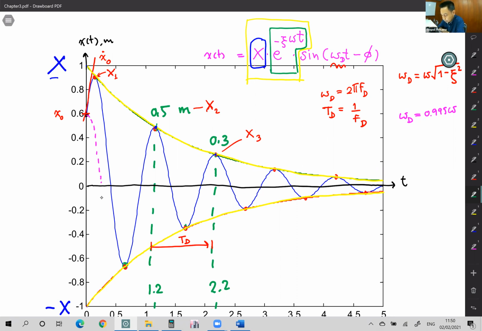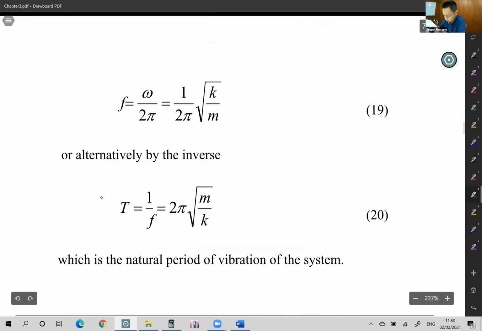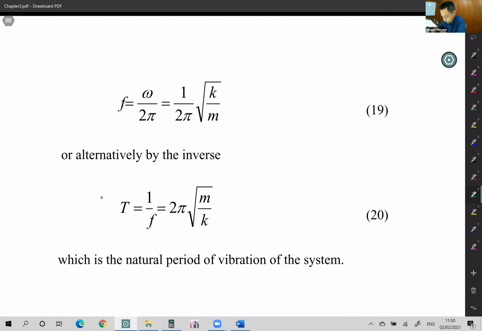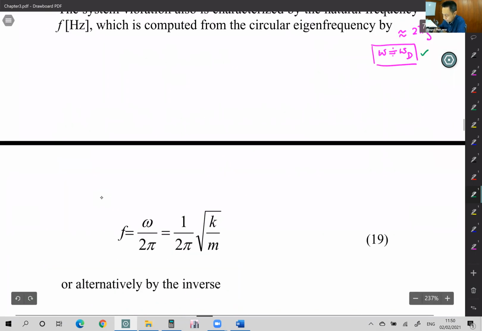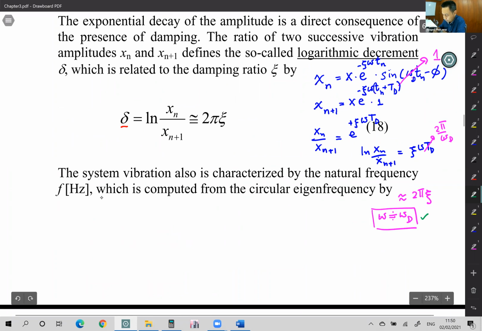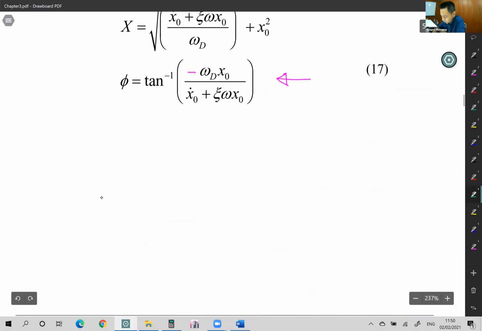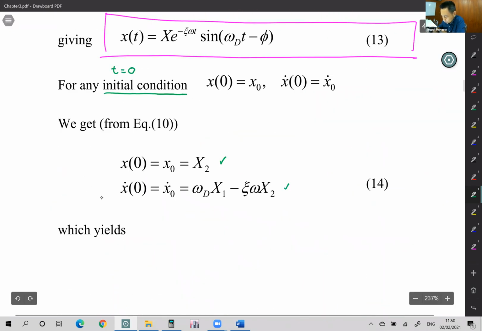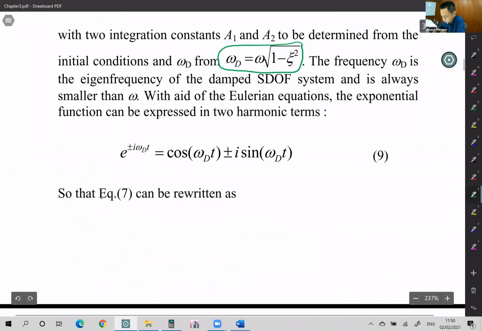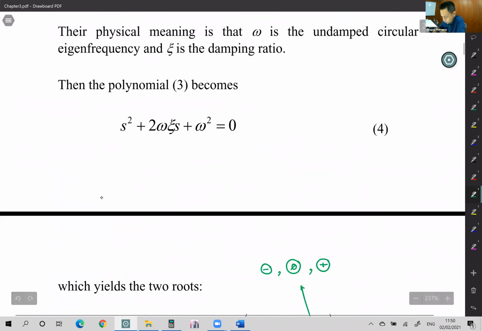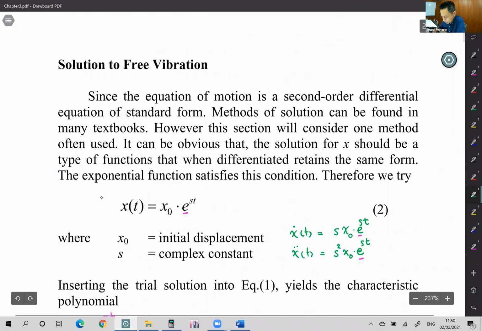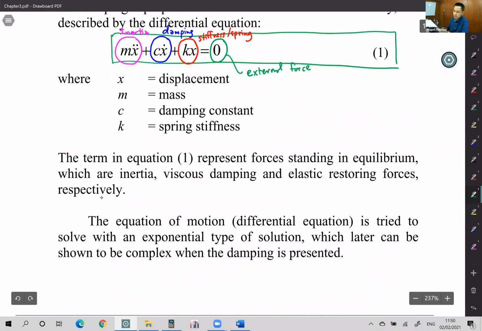But today, before I stop, okay, the frequency and the periods are like this, right? So no doubt, no problem for you. But let me explain a little bit about the damping. Otherwise, you will not feel where it comes from. Let me go back to this equation of motion. Okay? Equation number 1,